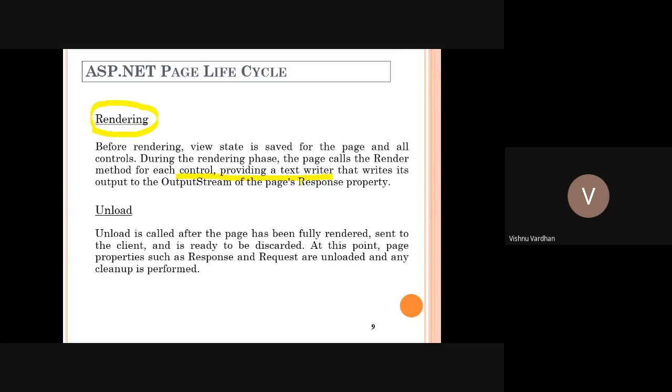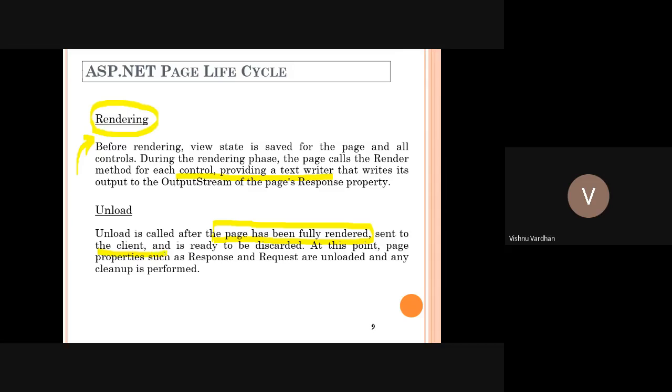All these are taken care of by this event handler, which is segregated into 3 sections: pre-render and post-render. So in that way, it is having all the functionalities delivered, and finally, when the entire page is fully ready, that means the rendering part is completely done, then only it will be sent to the client.